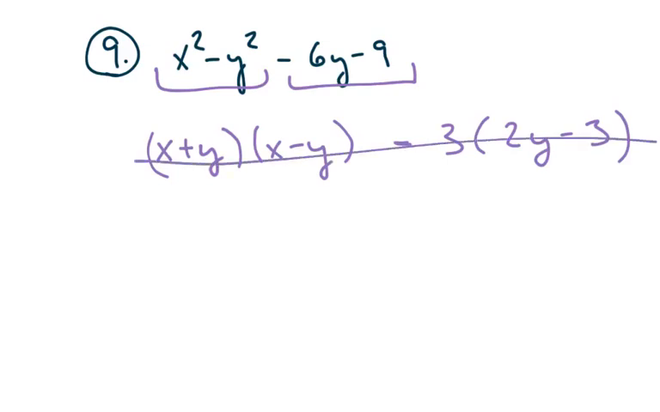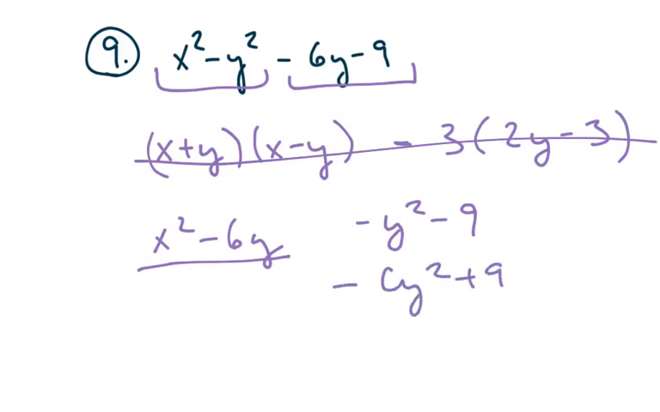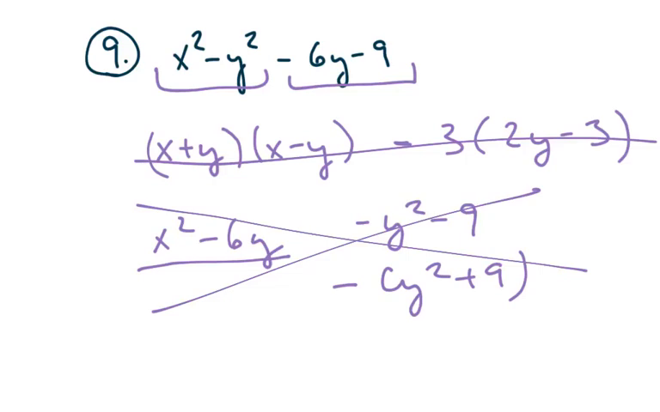let's play with it a little more. Let's rearrange some things. Let's try x squared minus 6y and negative y squared minus 9, and see if there's anything we can do here. Well, we can't break this down. If we factor out a negative, this would become y squared plus 9, which means I can't do anything with that, so no. Okay, so we've